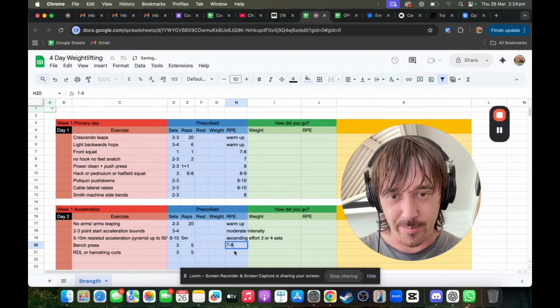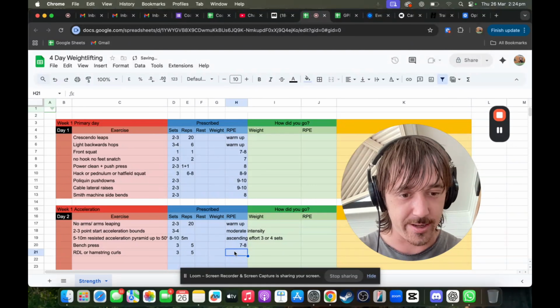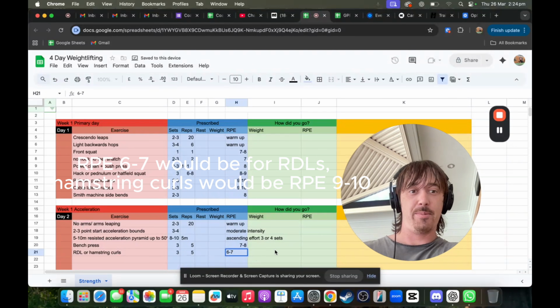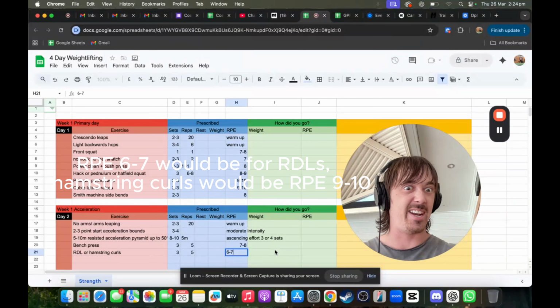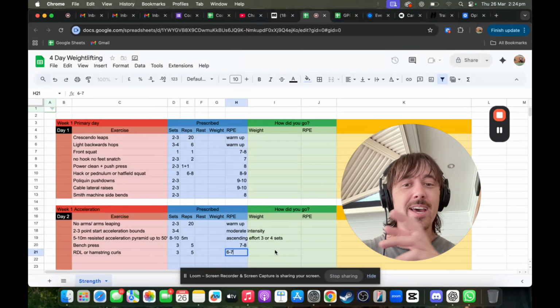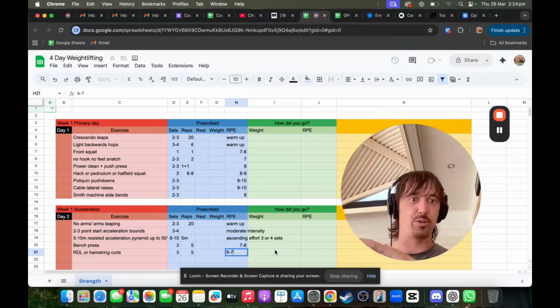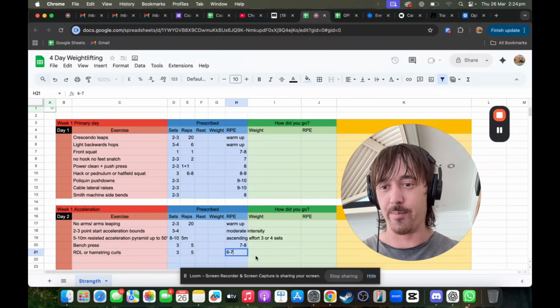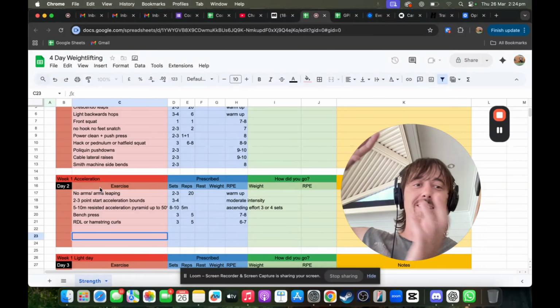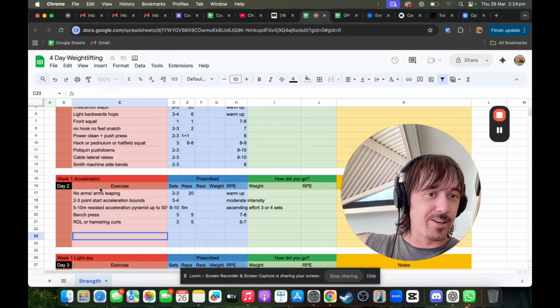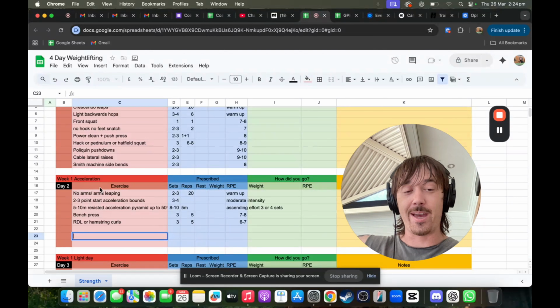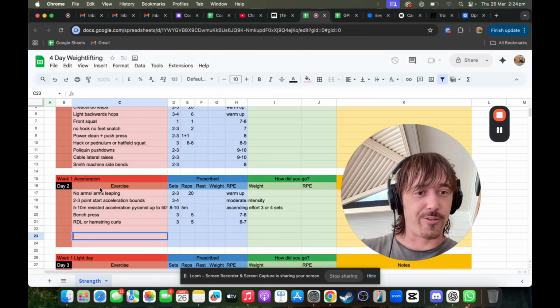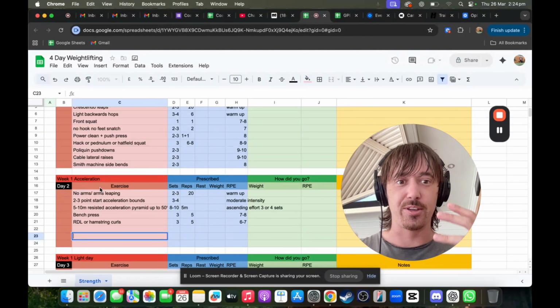Bench press, RPE 7 to 8. Hammy curls, week 1 would be sort of 6 to 7. I'd be looking to bump that up to 7 to 8, or again, if they're more technique focused, keep it down at 6 to 7 for a few weeks till it's looking how I like it, and then ramp them up to an 8. Because I did explain this in the last programming video, which I highly recommend you watch, it was the video uploaded directly before this one, this is the golden